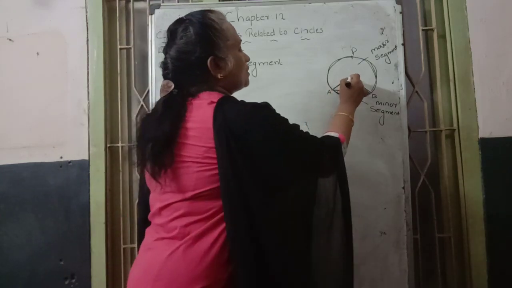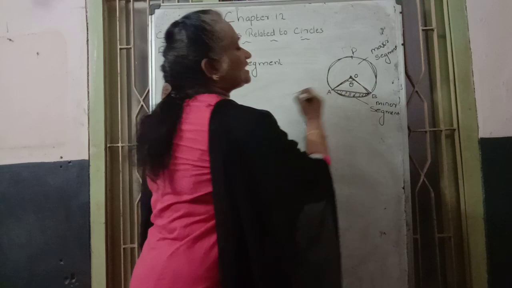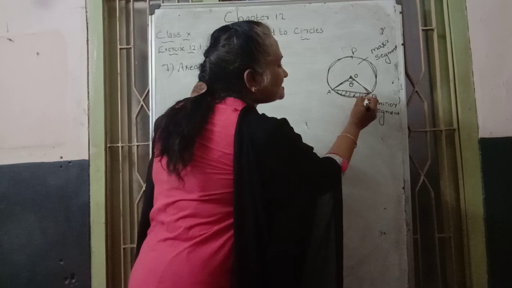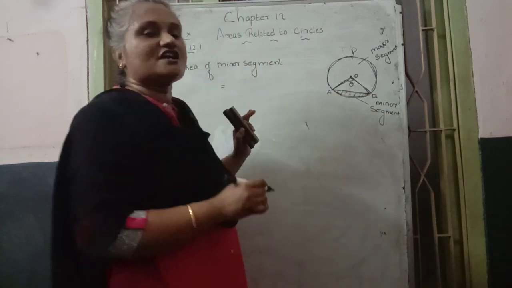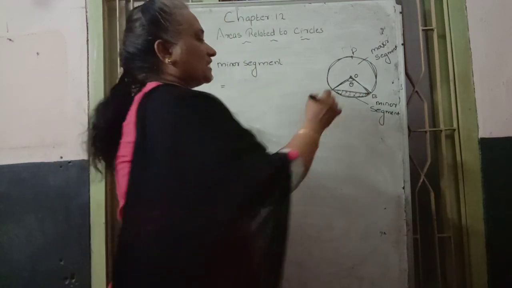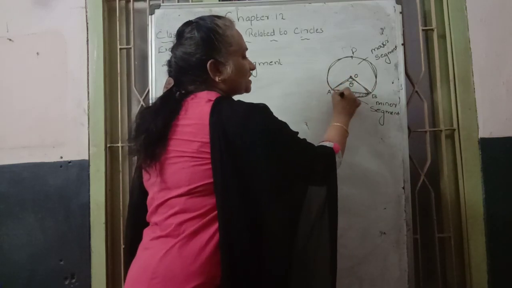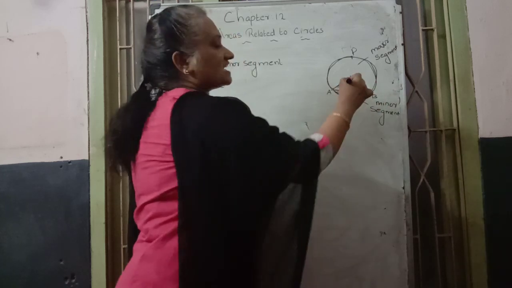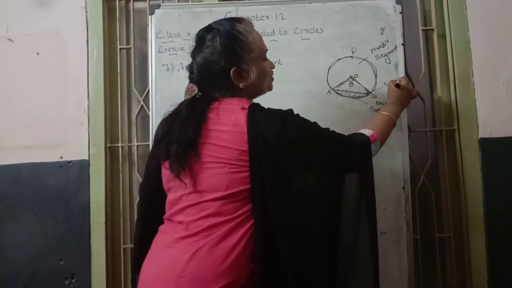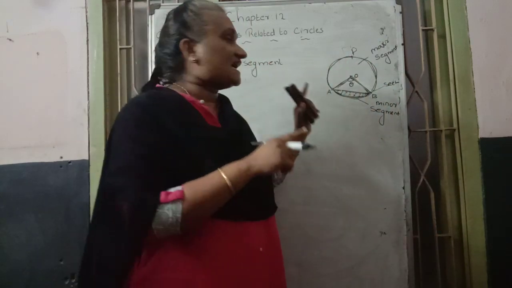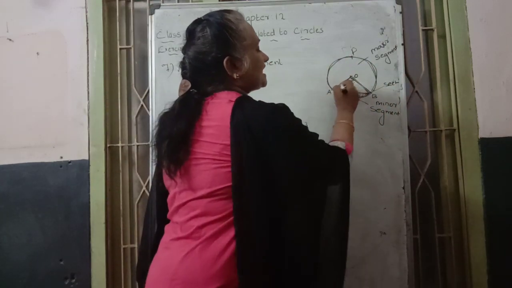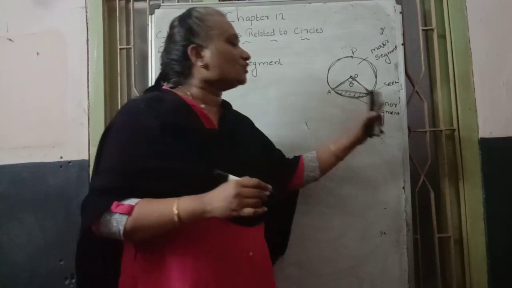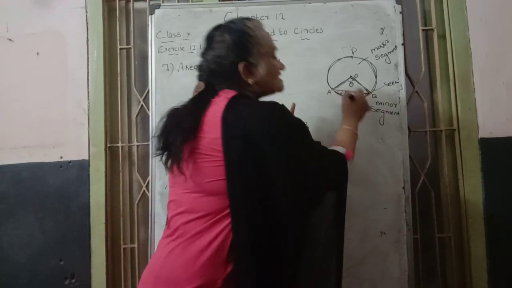Then OAB is which shape? Triangle shape. So from this part's area, this segment part's area, we want to subtract. So how to find the minor segment? The two radii and the arc joining region we call a sector part. So the minor sector is subtracted with which area, which shape? This one, the area of triangle AOB. Then you get this minor segment part.